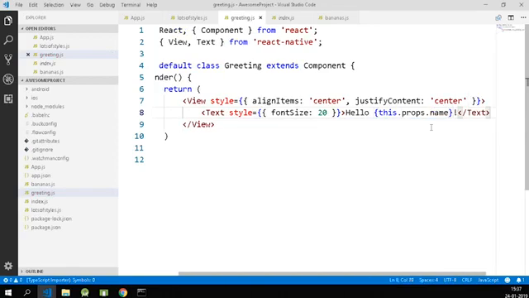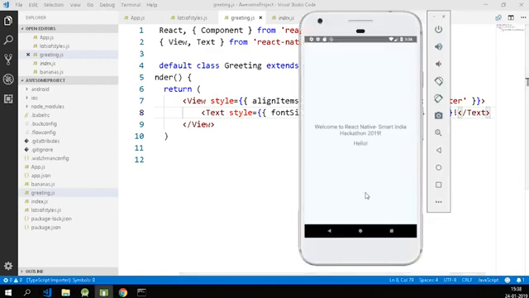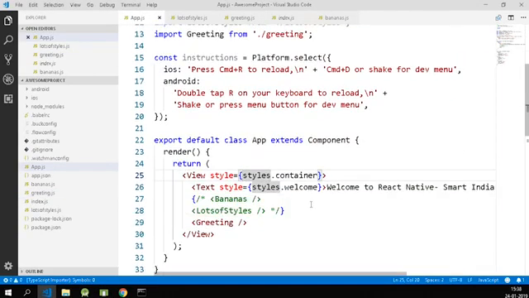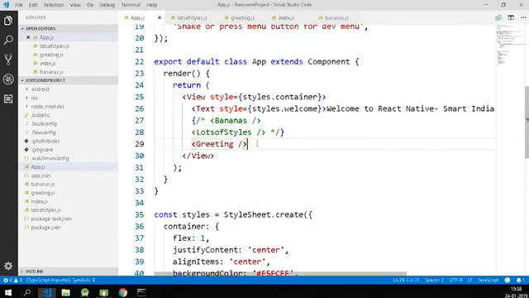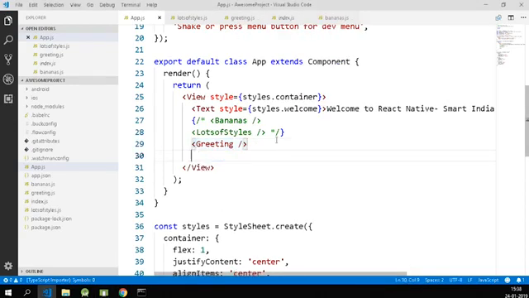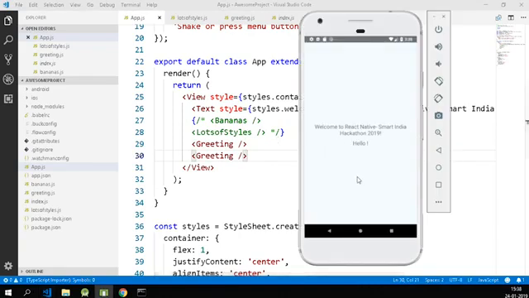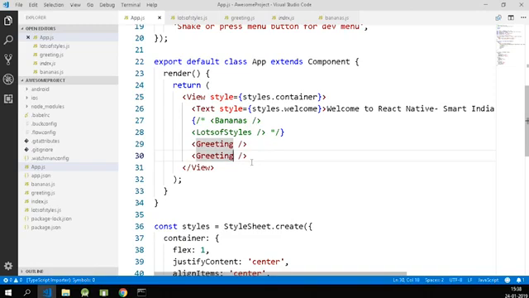So wherever I'm rendering this component, that means within the parent render method, it's me being a developer, it's my responsibility to pass the value to this name. So if I refresh it again, there is no name, nothing is being passed there. So that's why I could still see it as hello only. I'll just do one thing, I'll render one more greeting component. So twice it's going to show me hello. The only thing I would do is here I'll say greeting name,